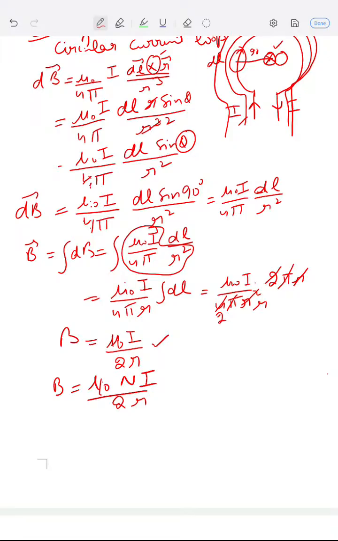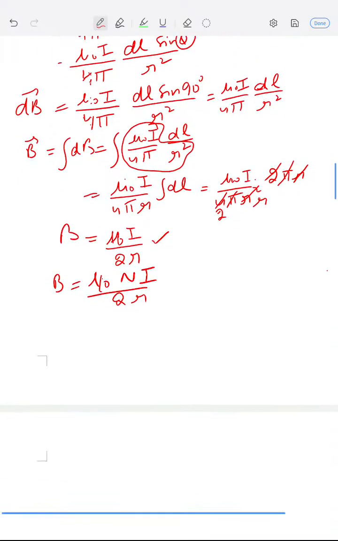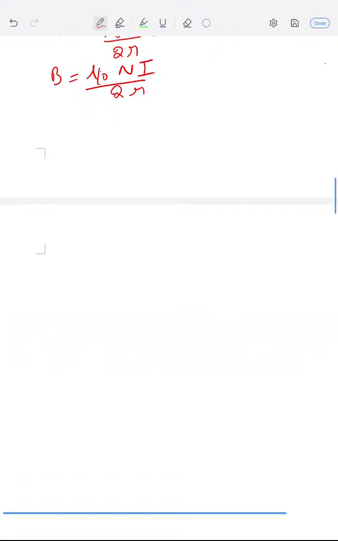These are the two derivations: how the magnetic field is produced by a long straight wire, and by a circular wire at its center. Now the next is the magnetic field along the axis of a circular current carrying loop. Now we are going to discuss the third derivation,